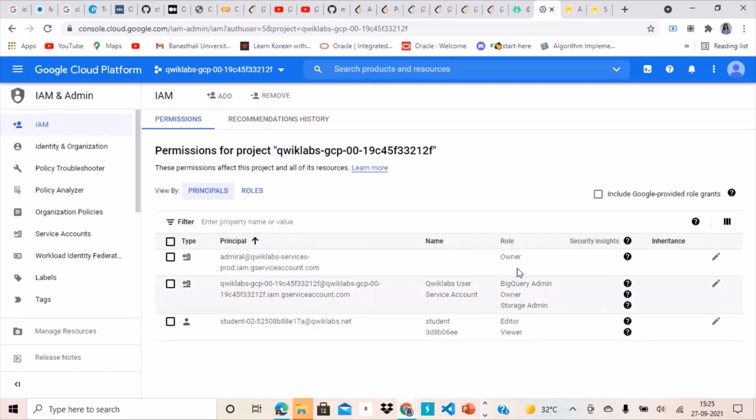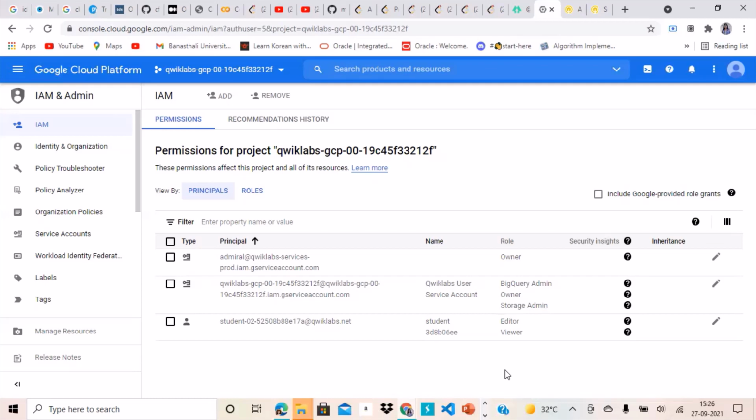The different role names that you can see under the role category are: the viewer role, which is specifically for read-only actions, and you do not affect any state. You cannot modify or change things in the existing resources or data. If you have editor access, then you have all the viewer permissions plus the permission for actions like modifying state and changing existing resources. So you can do all these things.